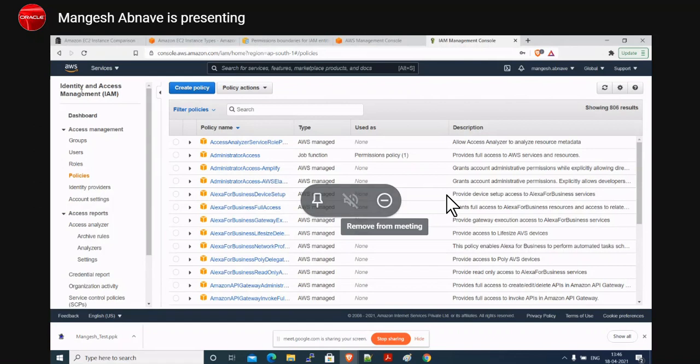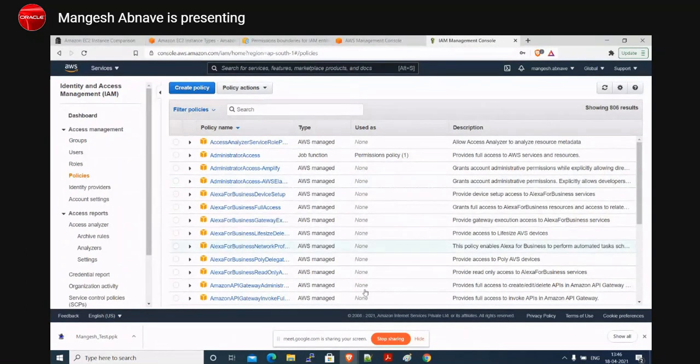Policy to a user. But I told you that is not the way we are handling it in a production environment. We are supposed to have a group. The user should be attached to the group. Policy should be attached to the group. So whatever policy is attached to the group, all the users who are members of that group would automatically inherit that policy. Correct? So this is how we are going to do the workflow.